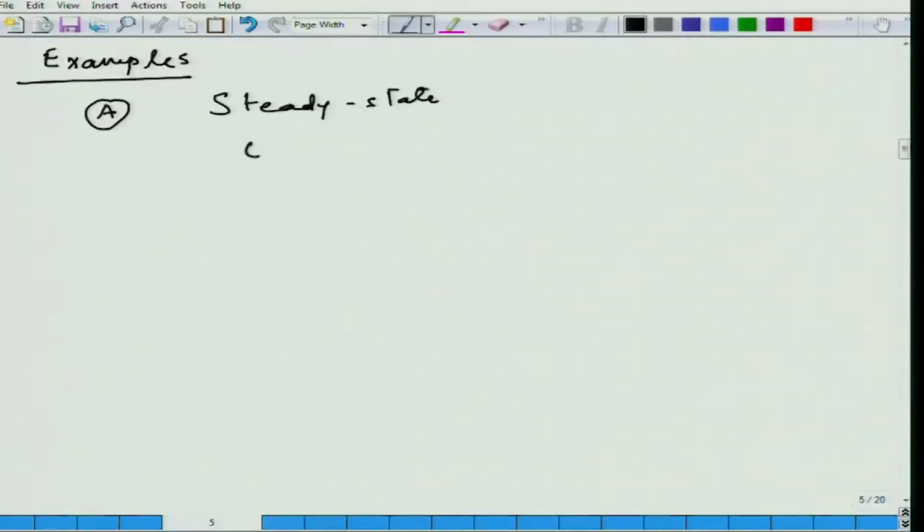So, for a steady solution this will become 0, and the second term will remain, and that will be d of n, second derivative for delta n minus delta n p over tau n, and